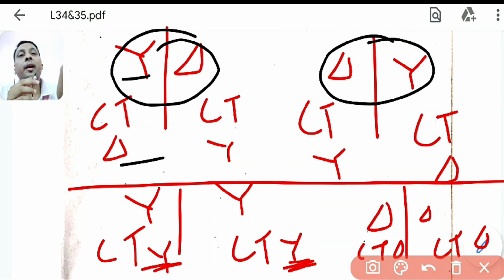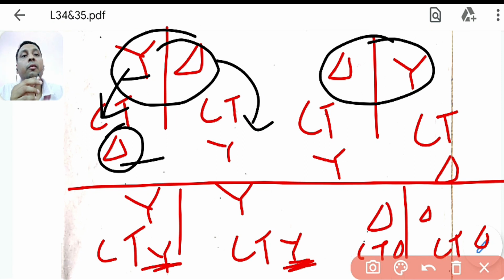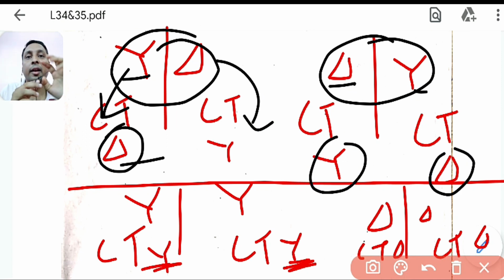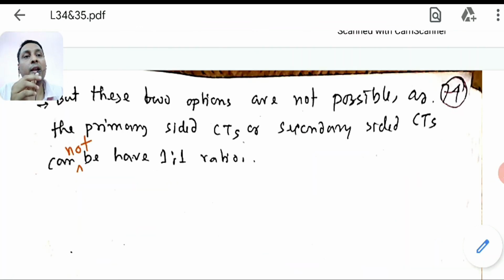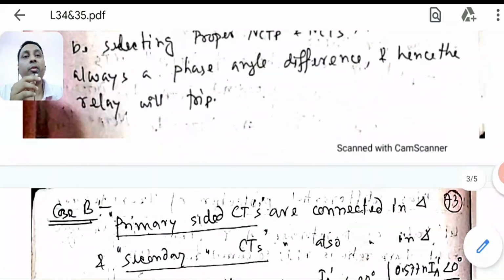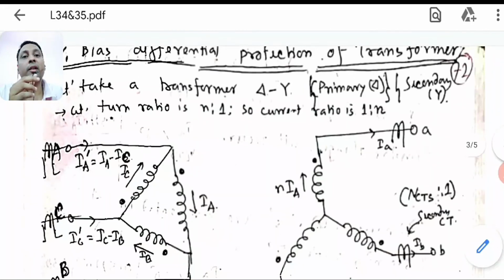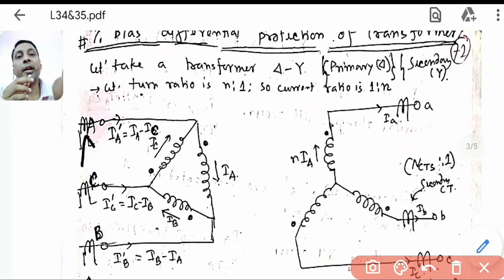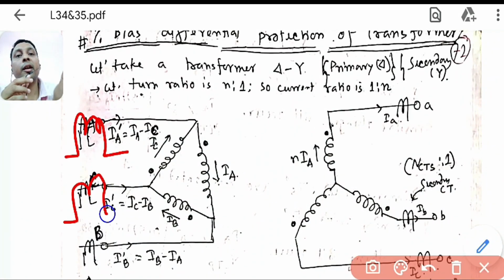In case of star delta, this side CT will be the reverse of how the transformer is connected. If it is delta star, then the CT will be star delta. Why is this done? This is done to nullify that angle shift, the 30 degree shift. Till now we have not connected these CTs. We have just told you that case 4 will satisfy. You can see these CT secondaries are still hanging in the air. We have not connected them.